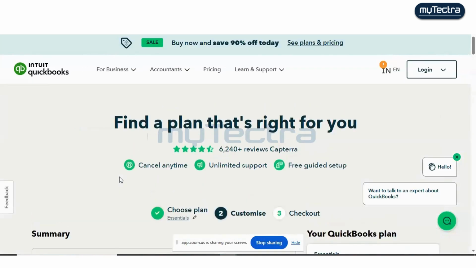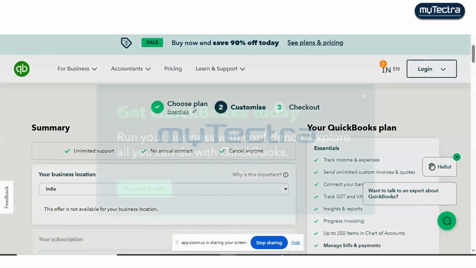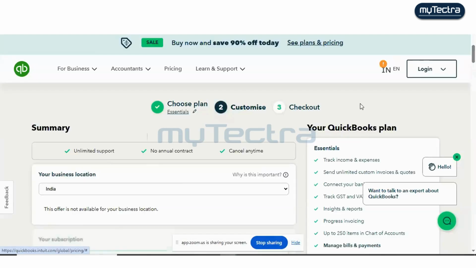Now come down and wait. Cancel time. Unlimited spot. India. It's not available for your business location.